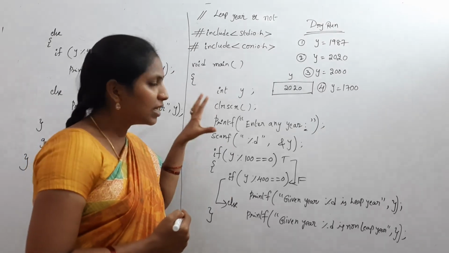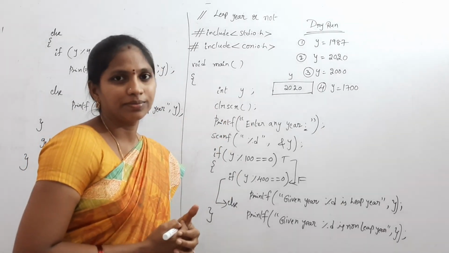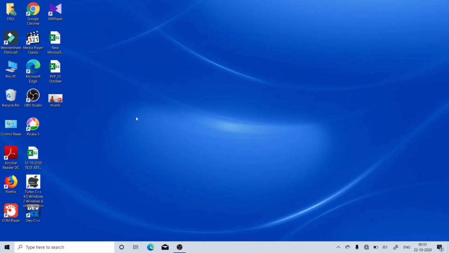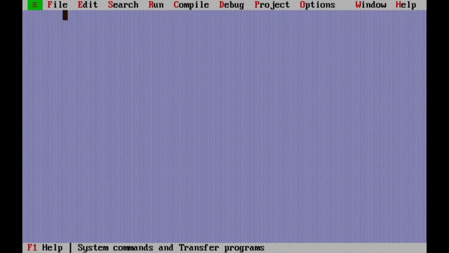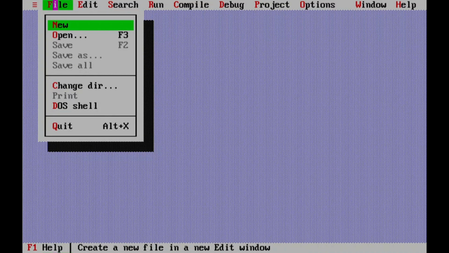Now see this program in the editor. To write and execute C programs, open the C software present in your computer. In my laptop, the software is Turbo C++. This is for both C and C++ programs. You want to open this? Go to the File menu and take a new file, New.